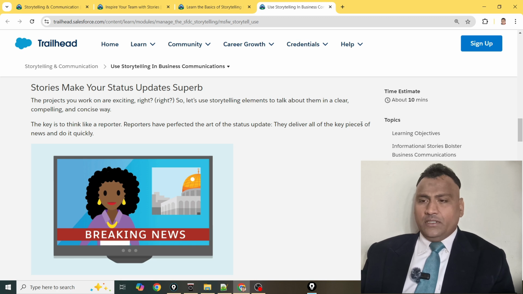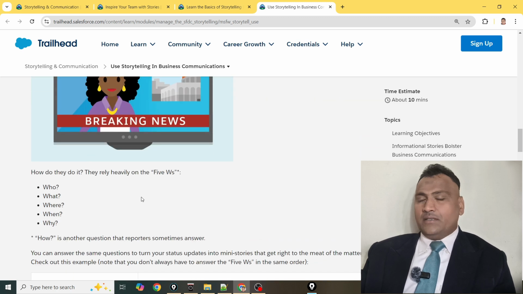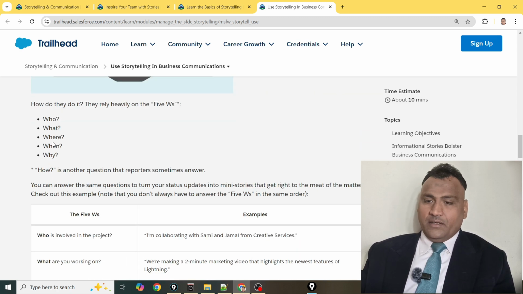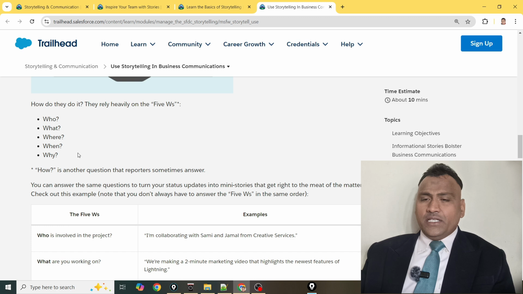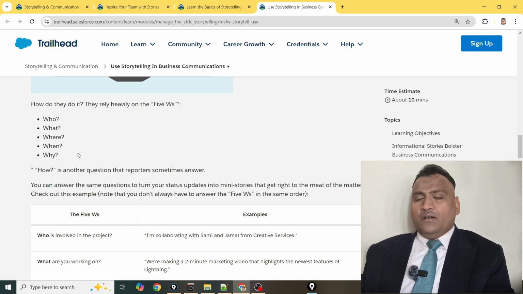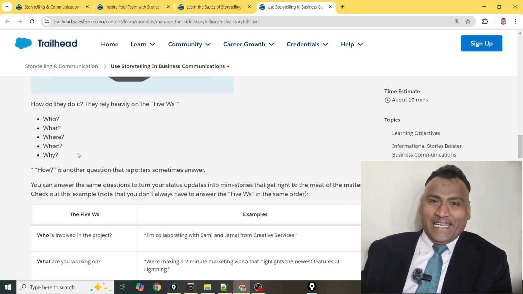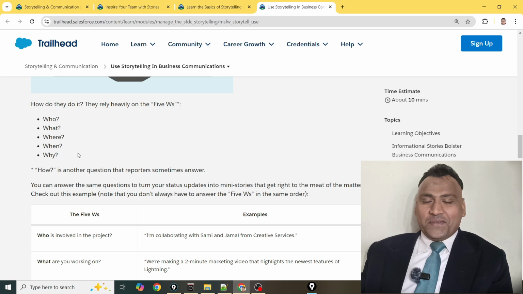So the key is to think like a reporter. What will reporters do for a status update? They deliver all the key pieces of news and do it quickly. Key elements, bullet elements. For this, we have the 5W and 1H technique.